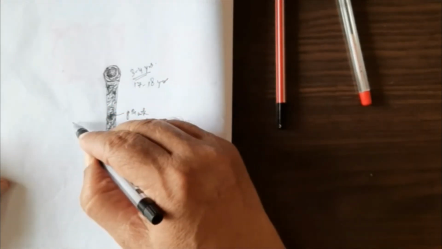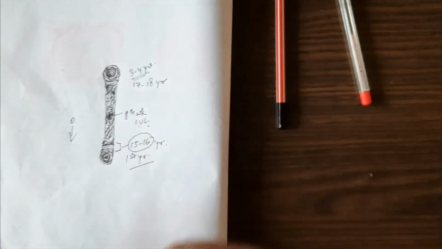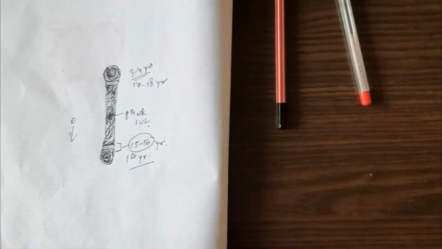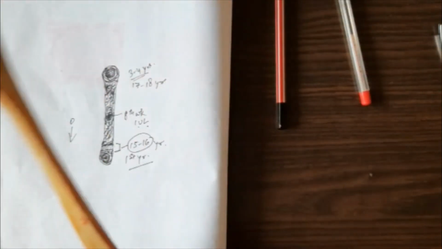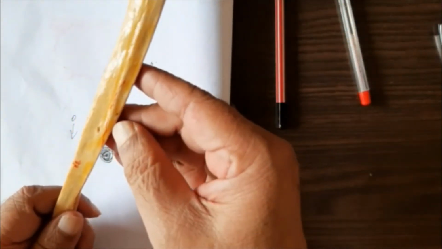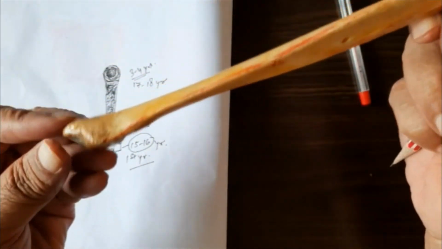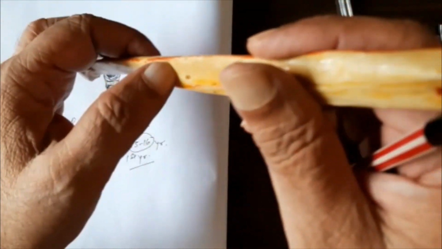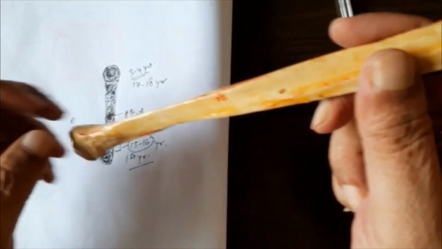But here the nutrient foramen is directed downward, that means towards the lower end. So which should be the growing end? Though it is not following the law, the growing end is still the lower end. Okay, I will show you the foramen here. Can you see this foramen? See this? This is the nutrient foramen, and it is directed downwards towards the lateral malleolus or the lower end. So the growing end is the lower end, though it is not following the law of